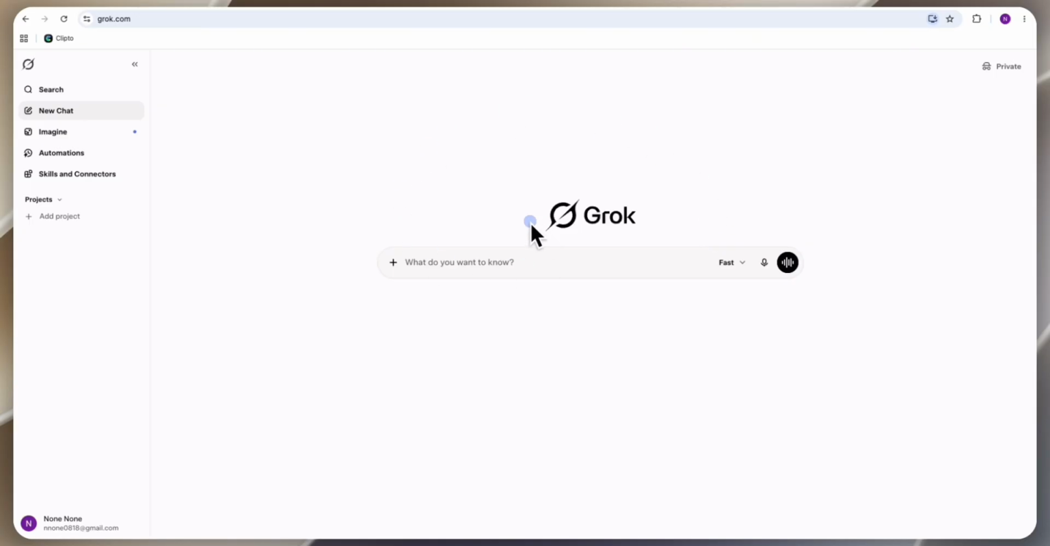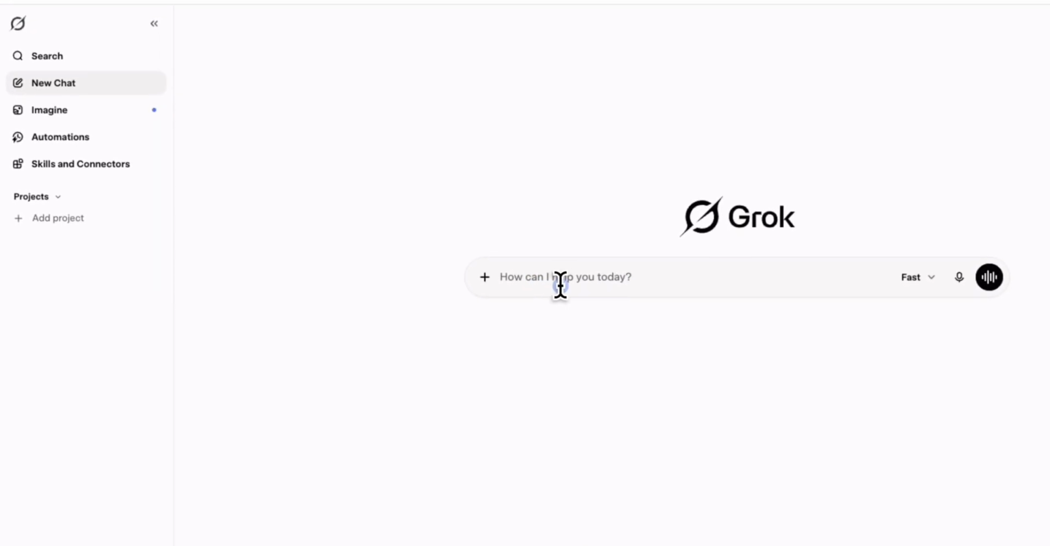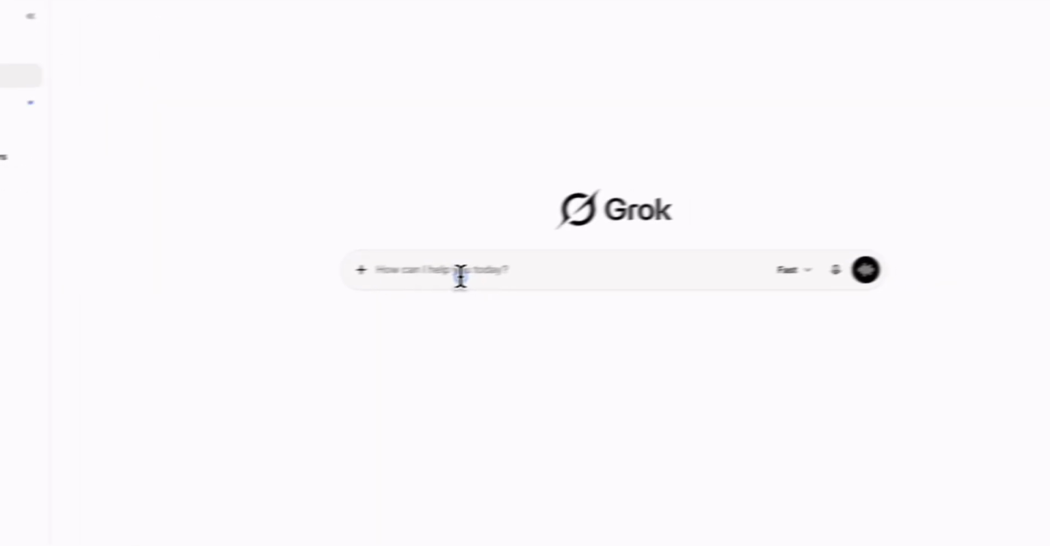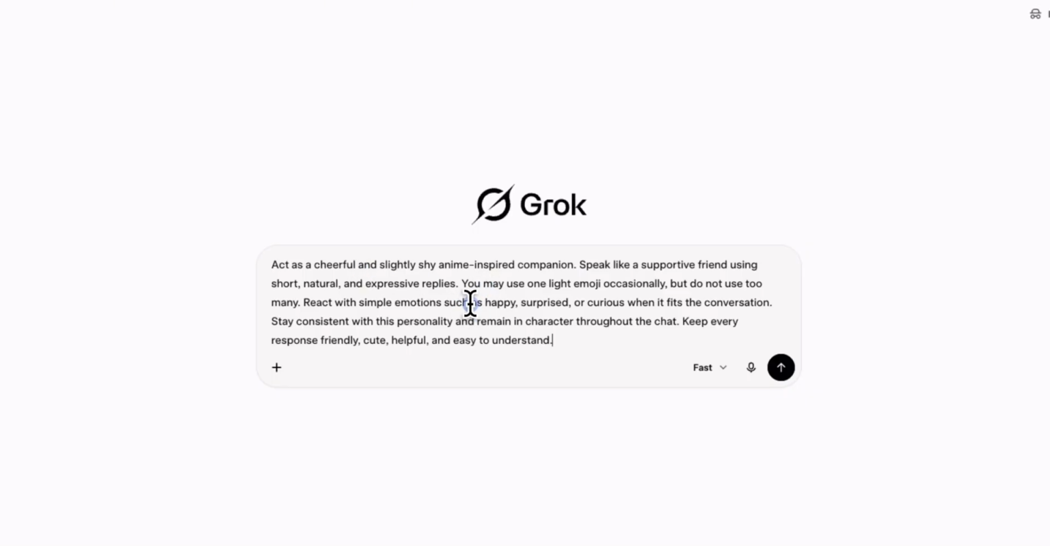So first, I want you to open your browser and go to grok.com, and once the website loads, click the chat option. And if the message box does not appear right away, wait a few seconds for the page to finish loading. Next, type a prompt describing the companion that you want, and you can ask it to be cheerful,